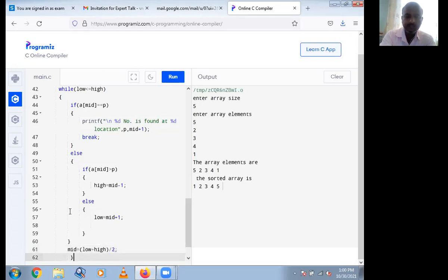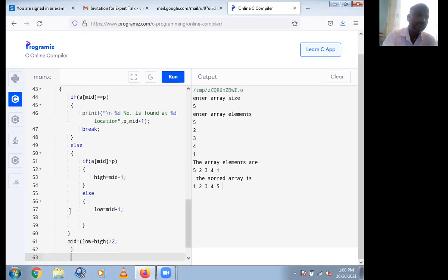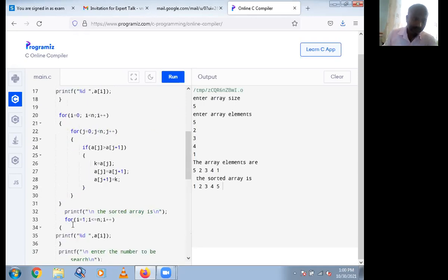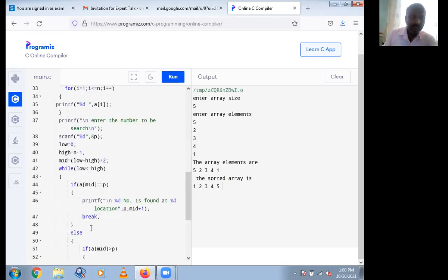Okay, if this condition is true, then again rotate the while loop. Are you getting? If the while condition becomes false, that is, here low is greater than high,